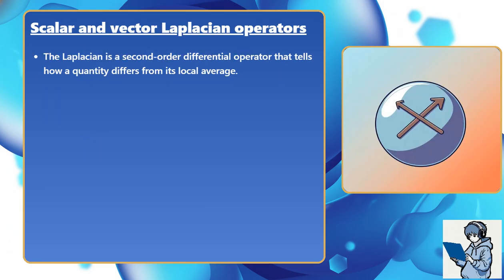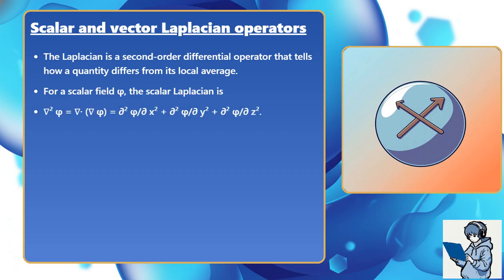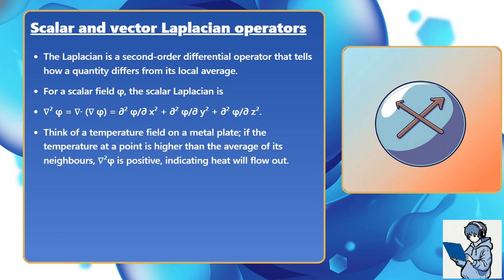The Laplacian is a second-order differential operator that tells how a quantity differs from its local average. For a scalar field phi, the scalar Laplacian is nabla squared phi equals del dot del phi equals partial squared phi over partial x squared plus partial squared phi over partial y squared plus partial squared phi over partial z squared. Think of a temperature field on a metal plate. If the temperature at a point is higher than the average of its neighbors, nabla squared phi is positive, indicating